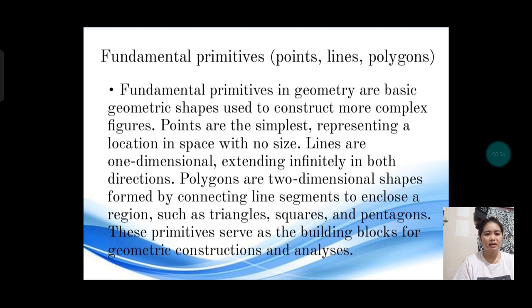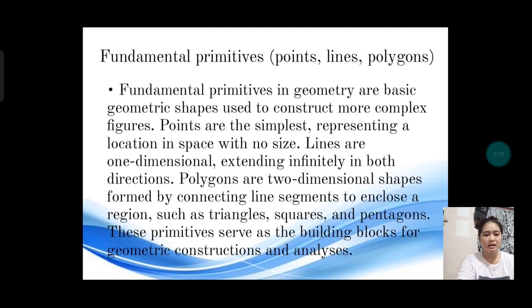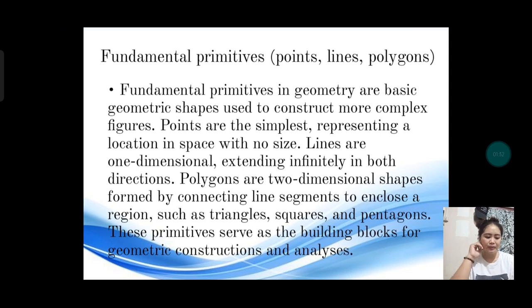Lines are one-dimensional, extending infinitely in both directions, and polygons are two-dimensional shapes formed by connecting line segments to enclose a region, such as triangles, squares, and pentagons. These primitives serve as the building blocks for geometric constructions and analysis. So, what are points, lines, and polygons?